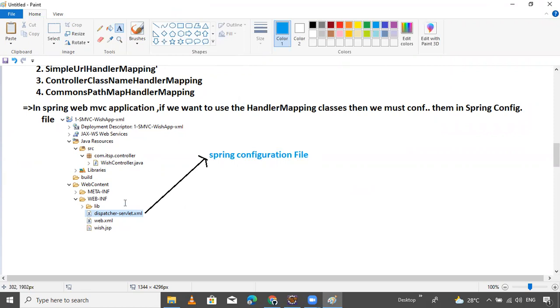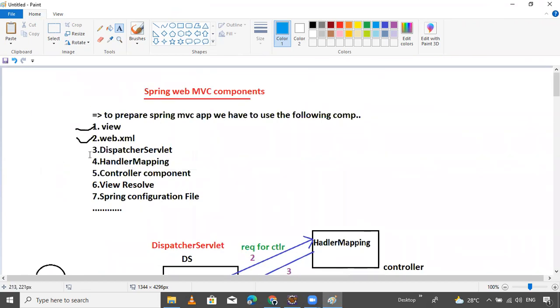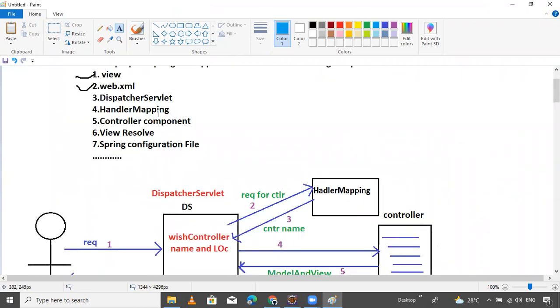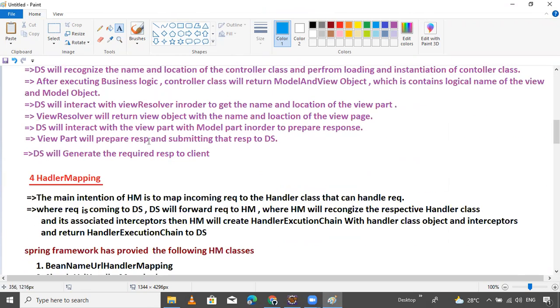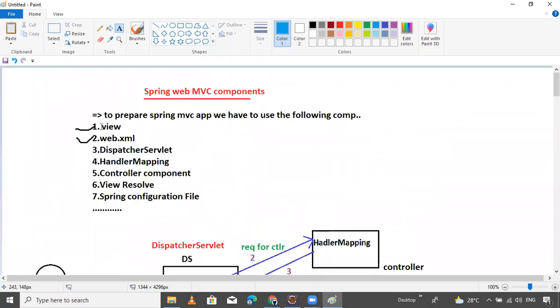Now, tomorrow onwards, this is the total of today's session. So revise one more time, guys. We completed the dispatcher servlet. After that, we are learning handler mapping. If time is possible today, I will tell you the remaining things, but right now it's not possible. In the next session, we will learn four things in a single video, because it's taking time. After that, I will take a one or two hour session on Spring Web MVC execution flow.